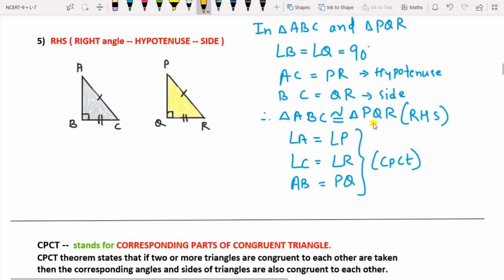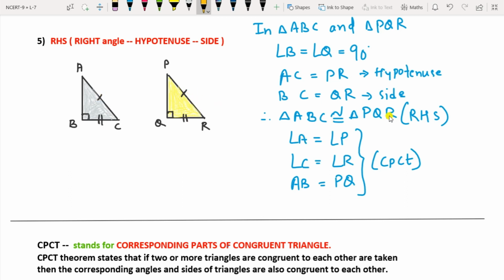Fifth one is RHS. RHS means R is for right angle, H is for hypotenuse and S is for side. This we can only apply for a right angle triangle, and that too only when the hypotenuse is there and the angle is right angle. The hypotenuse is equal and the angle is right angle, then only we can apply this RHS. Okay. So here it is 90 degrees equal, one side is equal and the hypotenuse is equal, and therefore the